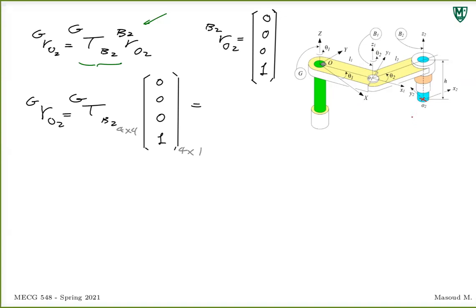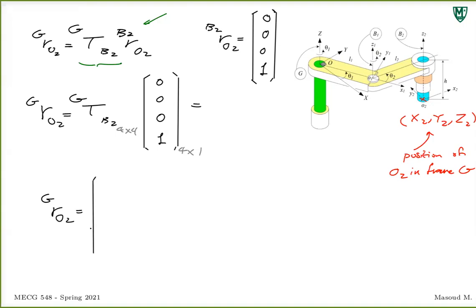You want to find X2, Y2, Z2, the position of O2 in frame G. So if you do that multiplication, I'll just give you the final answer because I can't really type it here. I'll give you this vector,